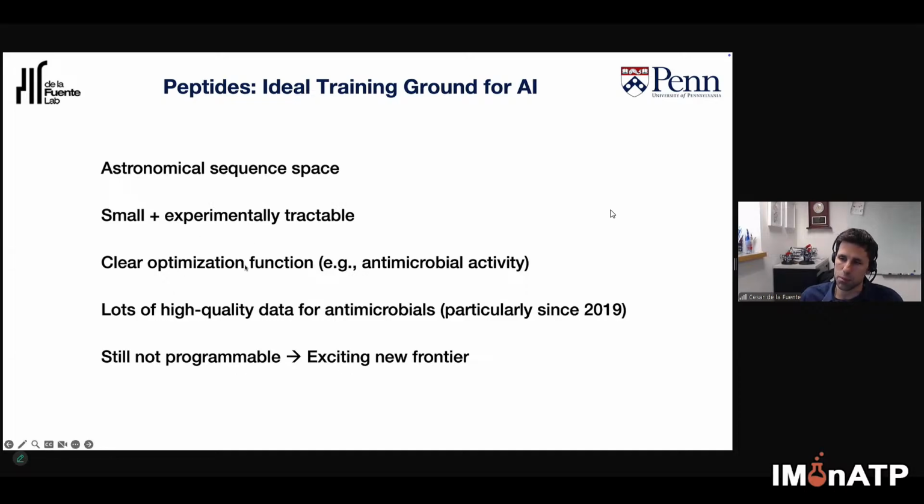The other thing that makes them really appealing is that they're very tunable molecules. And so by modifying the optimization or the objective function on your algorithm, you can modify what activity you go after. So you can make antimicrobial peptides, but you can also essentially optimize them for other activities like anti-cancer properties or immunomodulatory properties and many, many other things. And so those are some of the characteristics why we think that peptides are the future of therapeutics and why they're really well suited